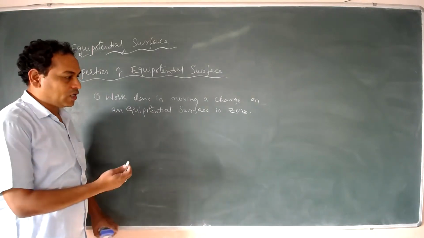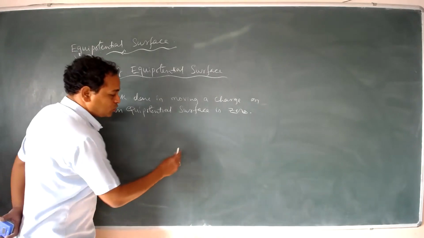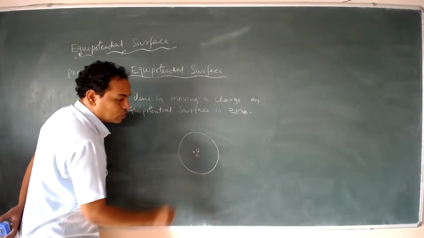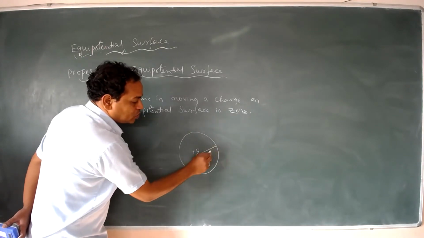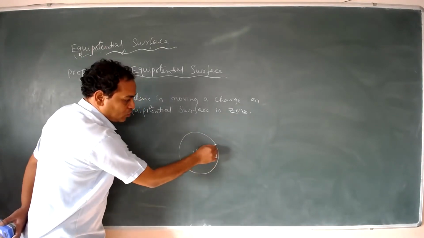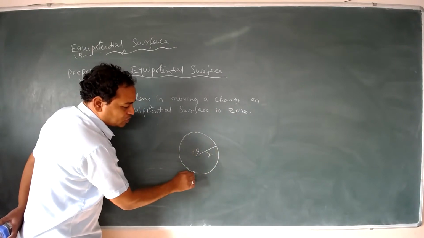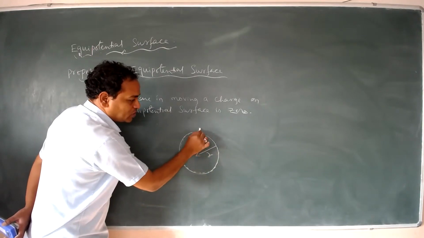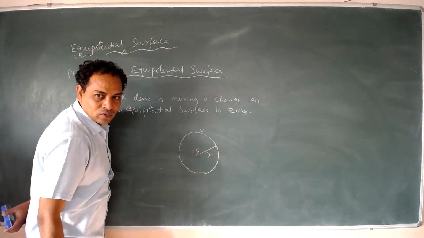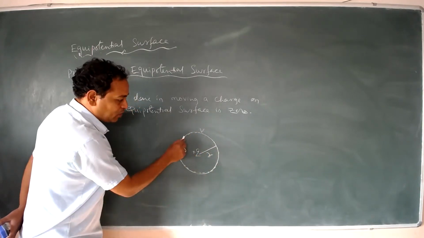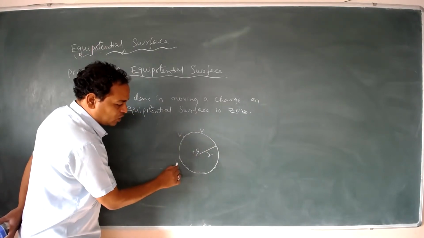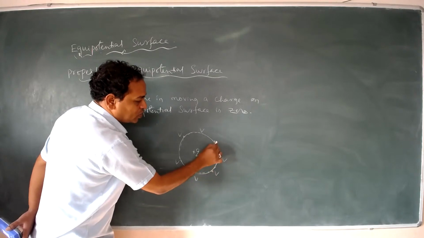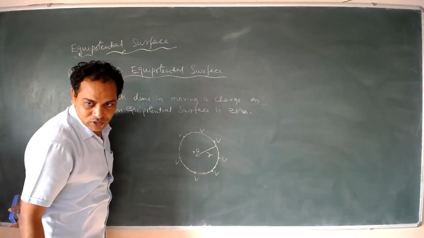How is it 0? Let us explain this. See here. Suppose this is the charge, and this is of radius r. So now this surface we can say is an equipotential surface of radius r. That means at every point the potential is the same. That is V. Correct? V is the potential. At any point you take, the potential will be V. This surface we call an equipotential surface.